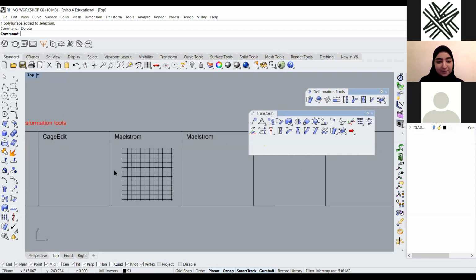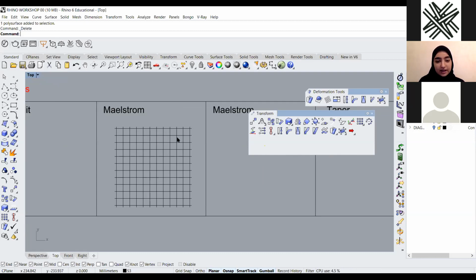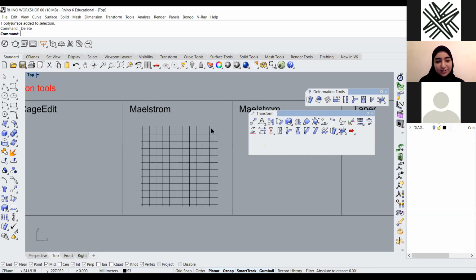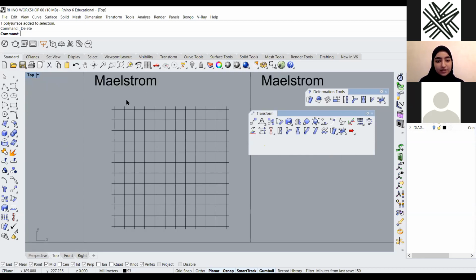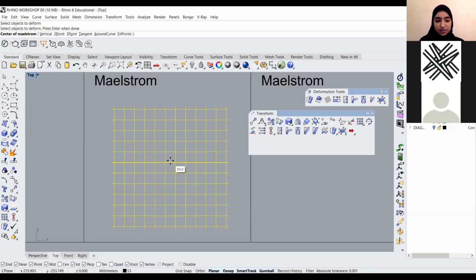Okay. The next command is called Maelstrom, and I have to demonstrate because it's a bit hard to explain what it does. So I just have a grid here. I'm gonna type Maelstrom. This is the icon of the Maelstrom, and then I'm gonna select all my curves, then enter. And then it's gonna ask you to draw the center of the Maelstrom. So let's say this is my center,